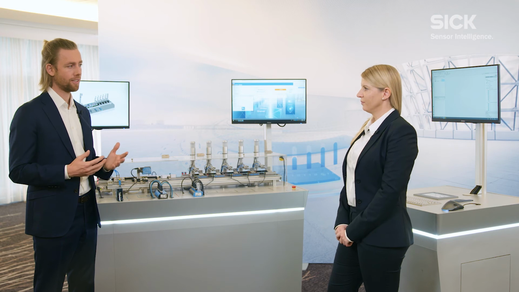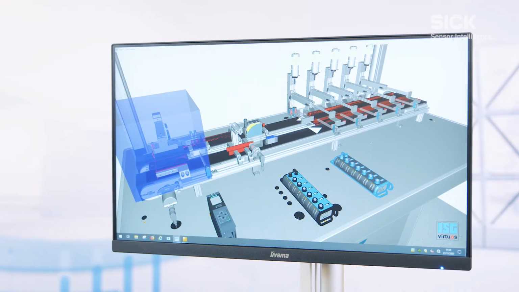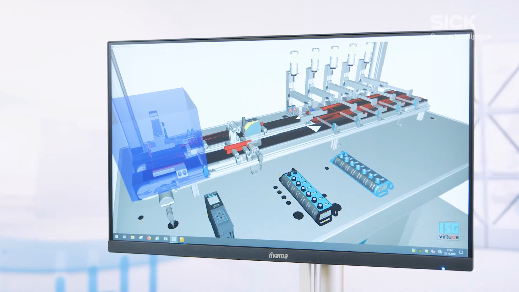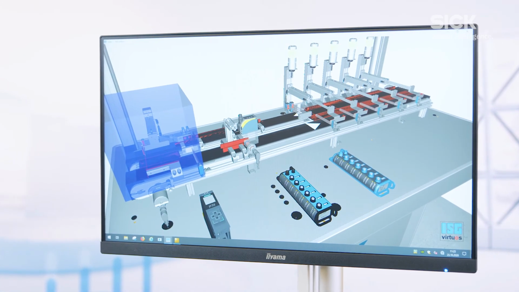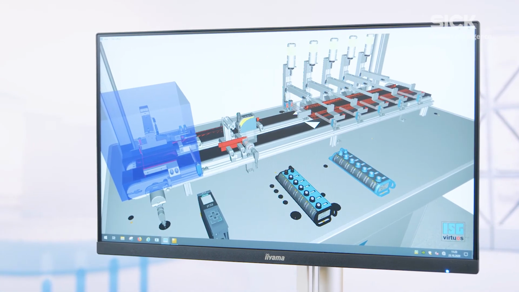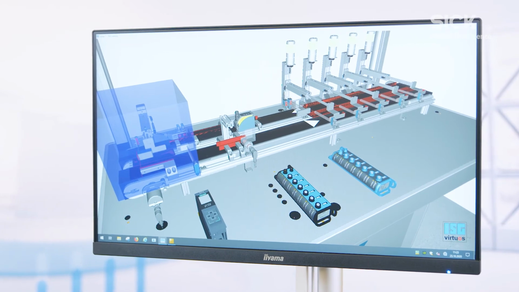At the push of a button sounds really great, but you also mentioned the word realistic. So how close are we really to reality? The simulation models from SIG take into account various sensor-relevant influencing factors such as angular position, level of gloss, color, or the transparency of the object being detected. In the end, it no longer makes a difference whether work is done on the field bus, so in the real system, or with a virtual component. That is what realistic means for SIG.